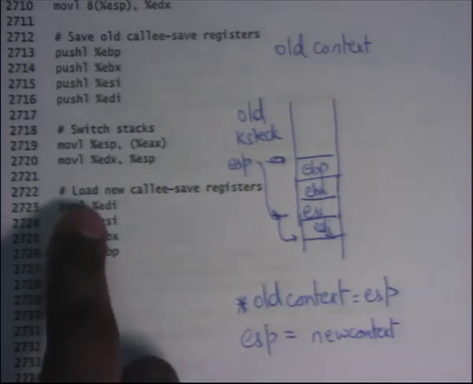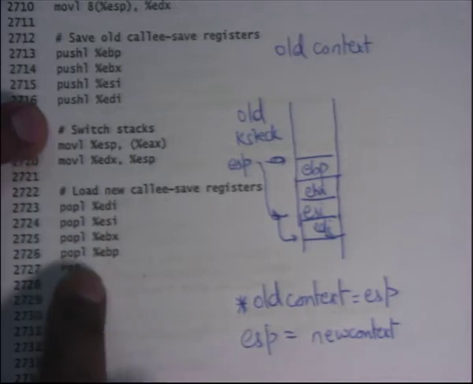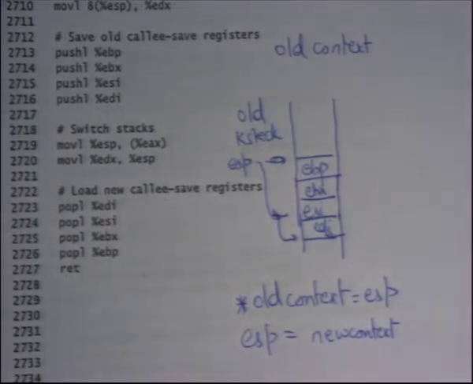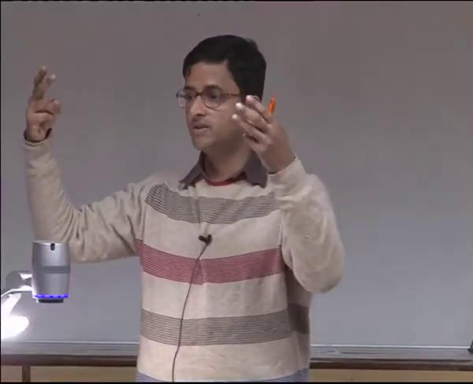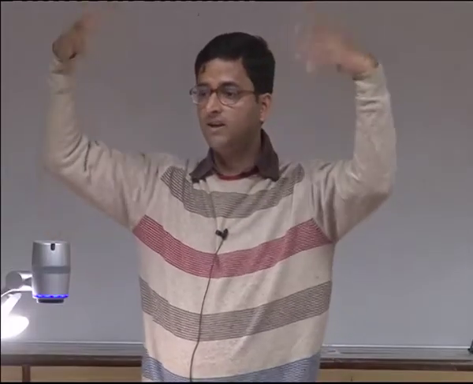And then whatever you did here, you do the opposite of here, which is pop all the registers. Because the new context is assumed to be in the same structure as your current old one, assuming that process was also switched out in the same way, it must have pushed all these registers. So the moment I switch to the new context, I can start popping those registers and call the return instruction, which is going to go to the caller of switch and continue like that, right.